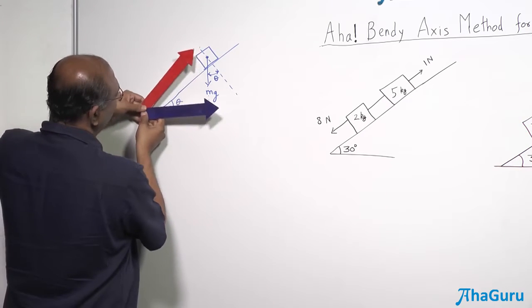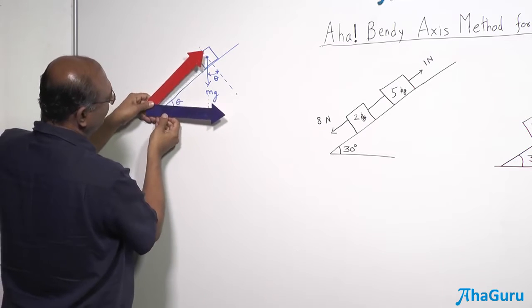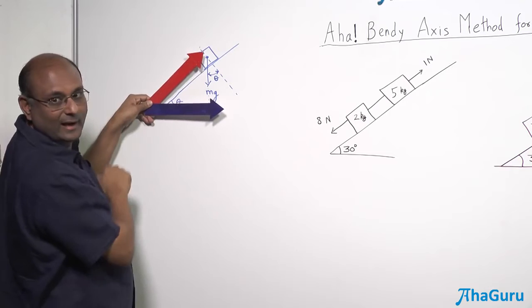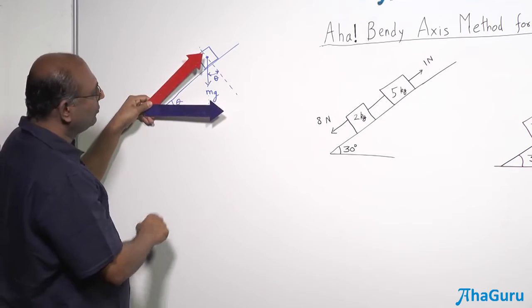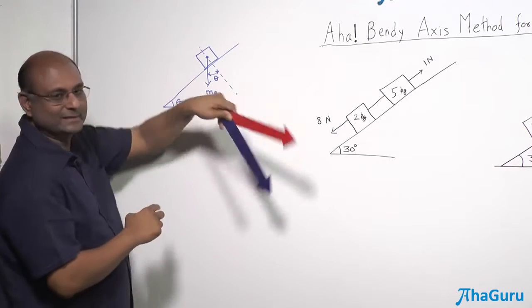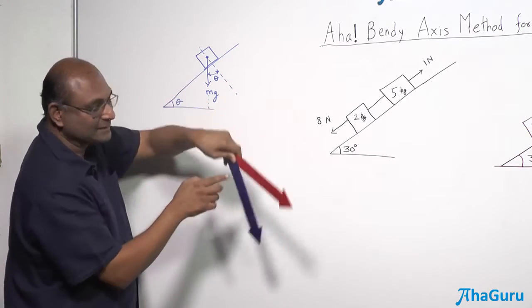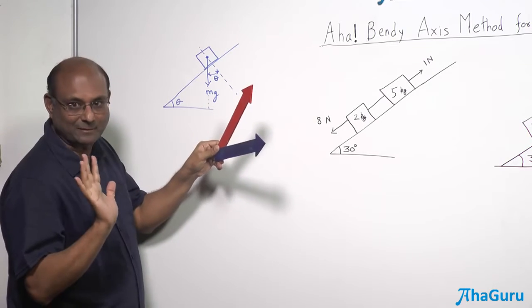If you see, I have here this line, this red one is basically, what about the blue one? That is horizontal. And what about the red one? Along the inclined plane. Now, if I turn this around, if this angle is theta, as I make this dance, will the angle change? However I turn, if this turns by some angle, that also turns by the same angle. So this angle remains the same, that much is clear.